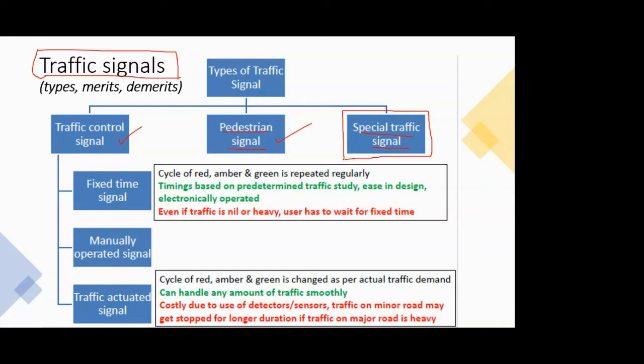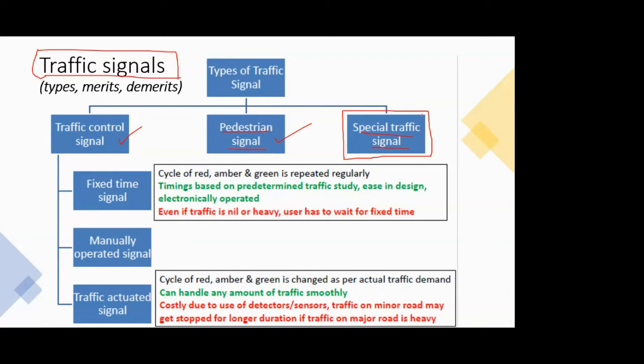And that is a special type. Suppose there is a higher authority vehicle, or a person from the military having a higher post, who is traveling and entering or leaving CME. The signal will be controlled by someone sitting near the gate of CME, and they will give way to that special or VIP vehicle. So that's a special traffic signal. These are very rare to be seen. You can see them at such locations.